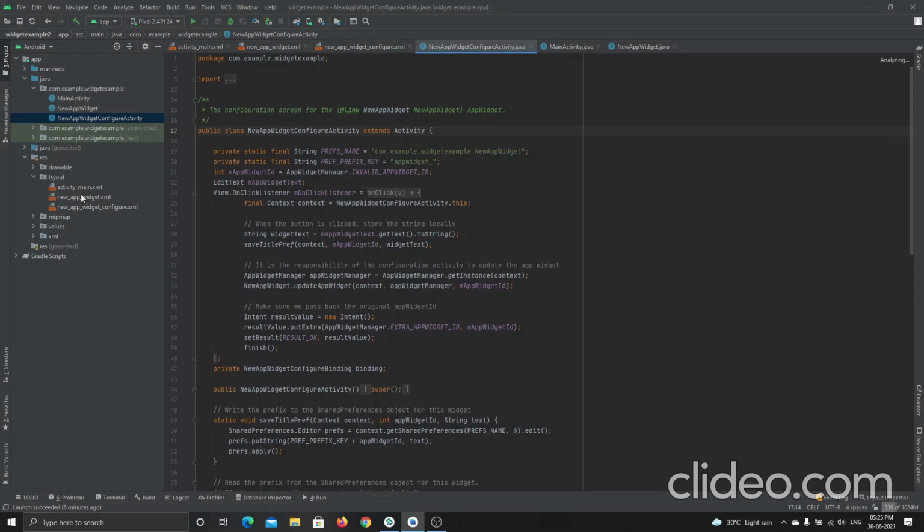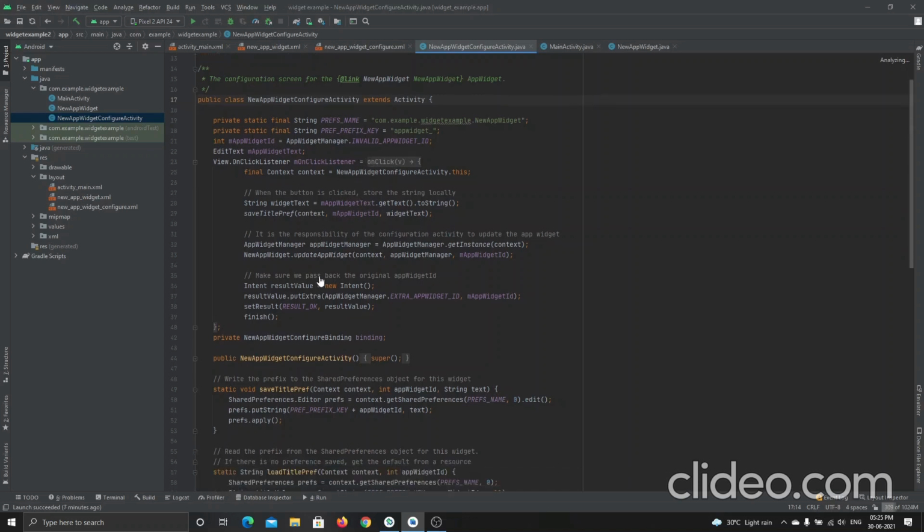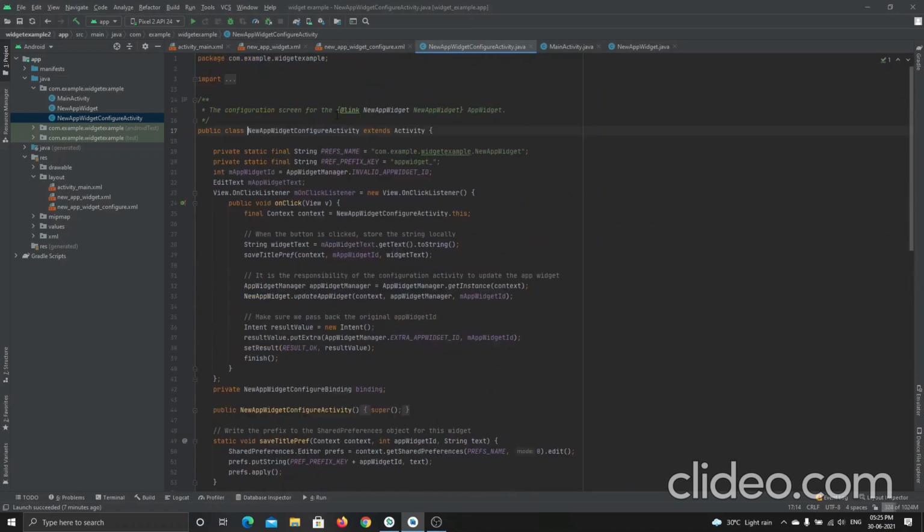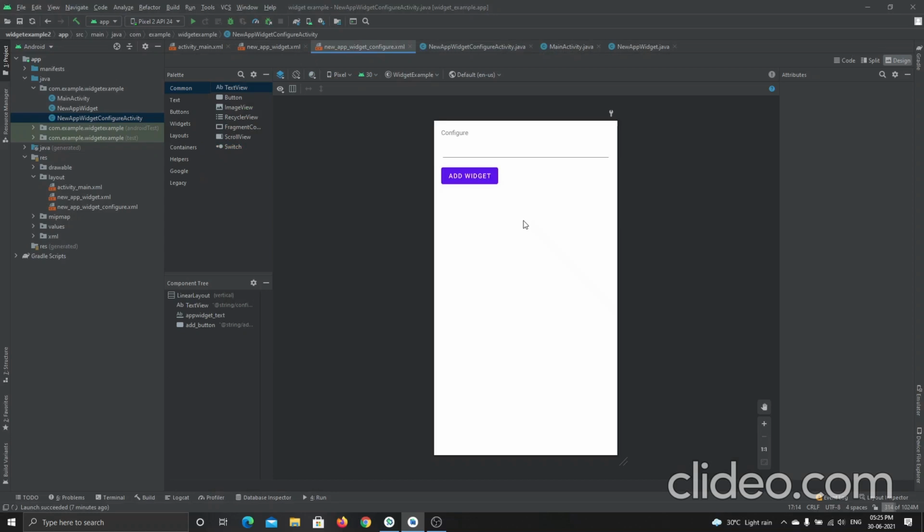These two files and these two files are created by the widget itself when I say configure, okay, configure a screen. See, it is just having its own on click listener and all those things. I didn't type any single line here. If you want to configure, go to this new app XML and you just replace it with what you want. If you want to show some image view, I will just place the image view by removing it. Okay, I can edit this also.